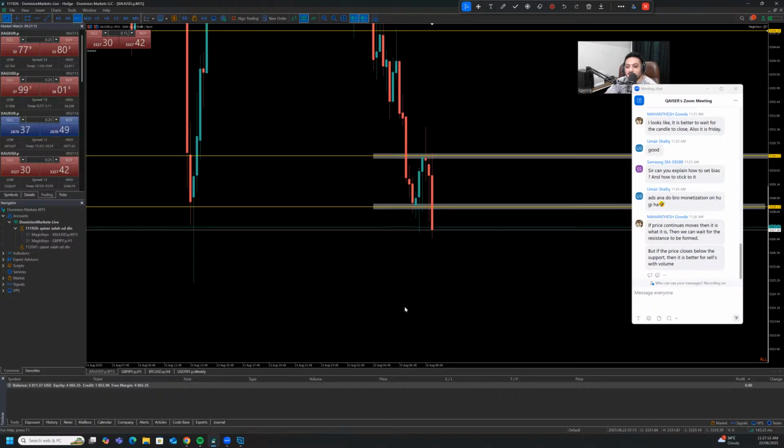If price continuously moves, then it is what it is. Yeah, exactly. Then we can wait for resistance to form. But if the price closes below the support, then it's better for the sells with volume. Then we just need to depend on the volume and give our trade a chance, because if